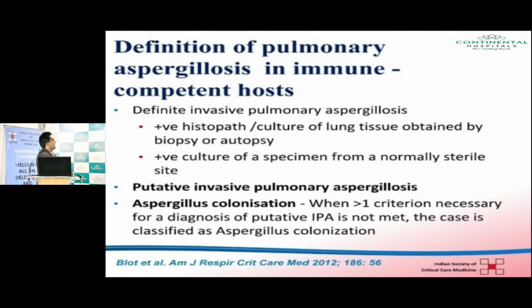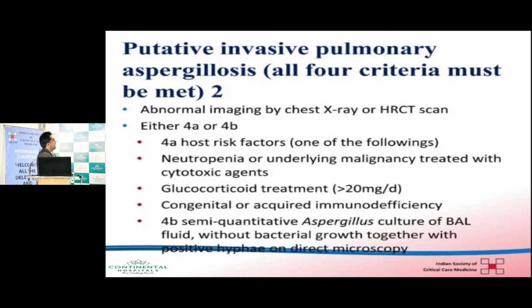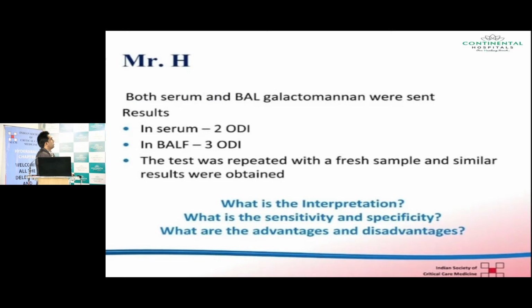Definitive invasive aspergillosis requires positive histopathology or positive culture from sterile sites, and Aspergillus colonization is one of the criteria for probable aspergillosis not being met. So this is the definition. There are 4 criteria to be met. Positive Aspergillus from the respiratory tract, fever, signs, recurrent fever, pleuritic pain, breathlessness, and you need imaging, you need these host factors, neutropenia, treatment, and so in our patient, BAL and galactomannan were positive, and so a note